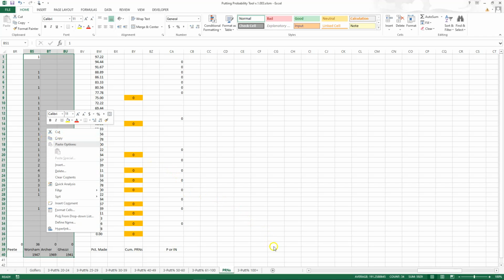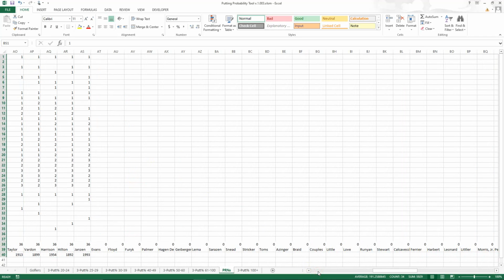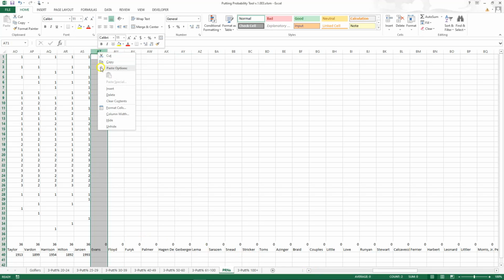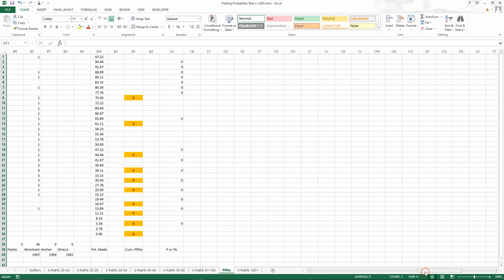And then instead of copying it, we'll come over here to the first available spot, and right click, and then we would have the option of inserting copied or cut information. And when we do that, it will put those 3 columns right here, and it will push everybody else 3 columns to the right,